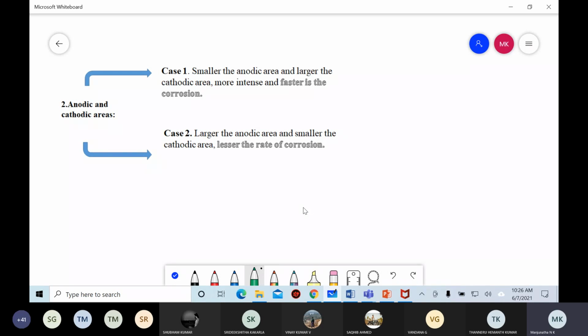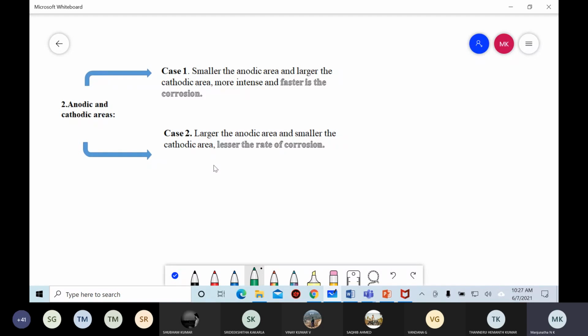Sometimes a small anodic area and large cathodic area are formed. Sometimes a large anodic area and small cathodic area are formed. These are the 2 cases. First one is smaller the anodic area, larger the cathodic area. Second one is larger the anodic area, smaller the cathodic area. These are the 2 cases observed when a metal is exposed to the